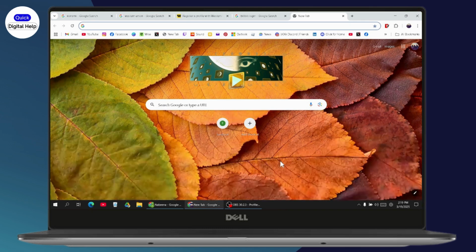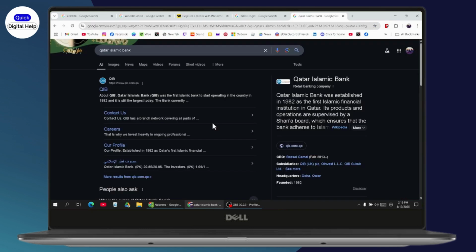So if you want to open an account with Qatar Islamic Bank, then what you need to do is first simply open up your browser. After opening your browser, make sure that you have an internet connection. Now you need to go to the search and search for Qatar Islamic Bank. After that, here you will have